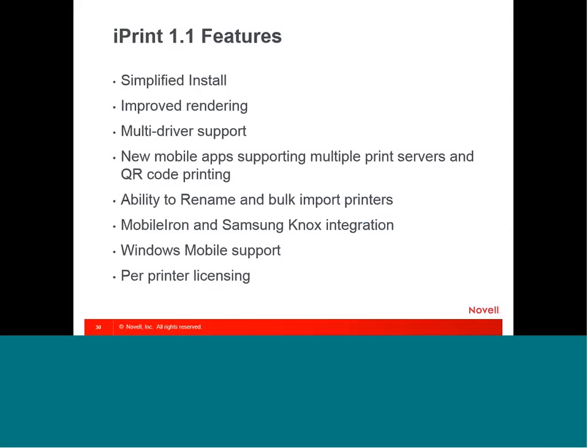We have improved the rendering. So in version 1.0, we used LibreOffice to convert documents if you were doing it on the appliance. And then if you weren't doing it on the appliance, we required a Windows workstation that had Microsoft Office or Adobe Acrobat Professional. The Adobe Acrobat Professional was a bit of a challenge because it required a license for every user. And then the LibreOffice also, as maybe you're familiar with,